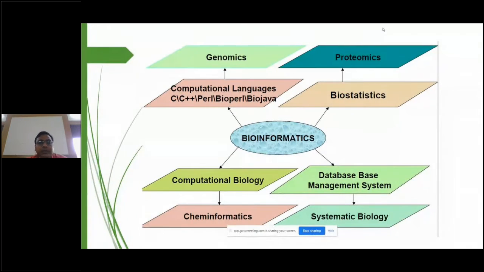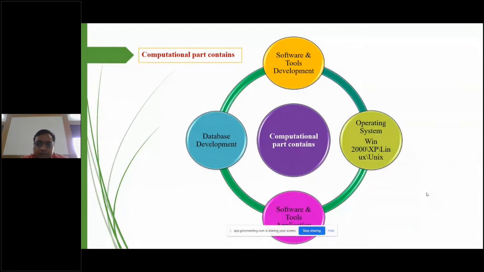There is proteomics, the study of proteins. Genomics is the study of genes and the coding of genes. There is chemoinformatics, which involves various research studies and analysis of the required data, and we come to some solution. Then systems biology is related with the data management system required for each and every research project and clinical study. So the computational part contains the software and development operating system we need